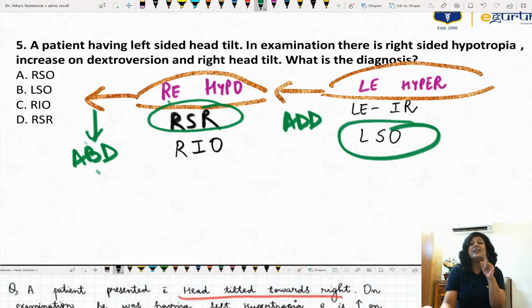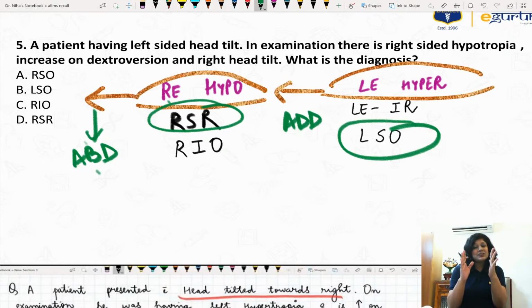They are saying it is increasing in the right head tilt. And to confuse you, if you remember, I told you specifically that you don't have to see which side head tilt it is. You have to see in which head tilt it is increasing. So even if they do not write it that it is increasing in the right head tilt, it is obvious because the patient is showing left head tilt. So patient will not tilt his head in the direction in which it is increasing. Like this is nature's rule. The patient is compensating. This is called as compensatory head tilt.